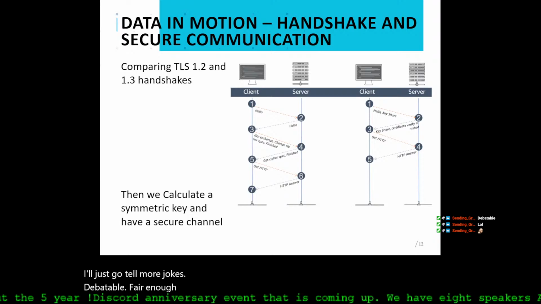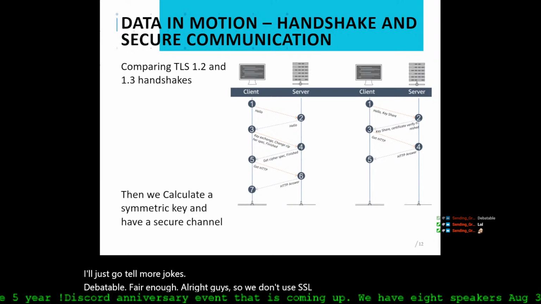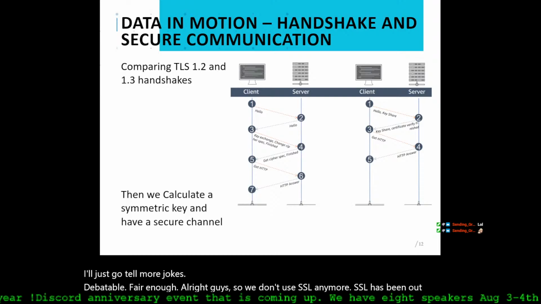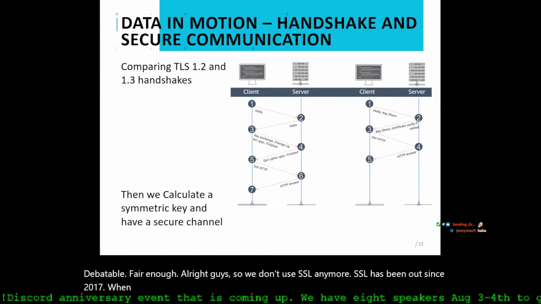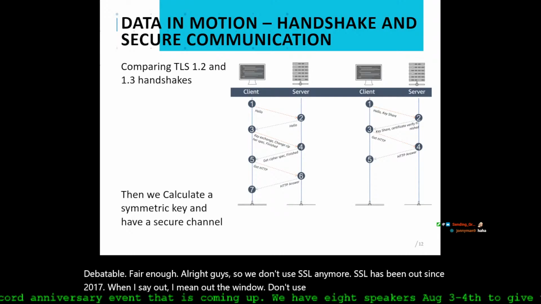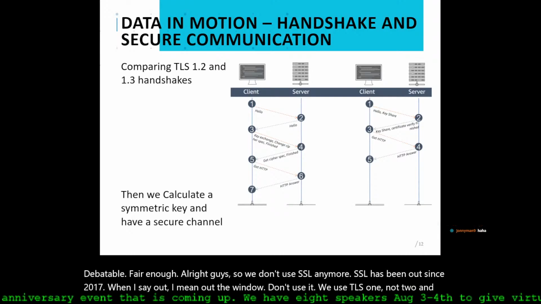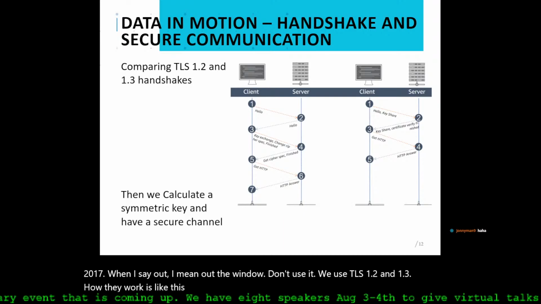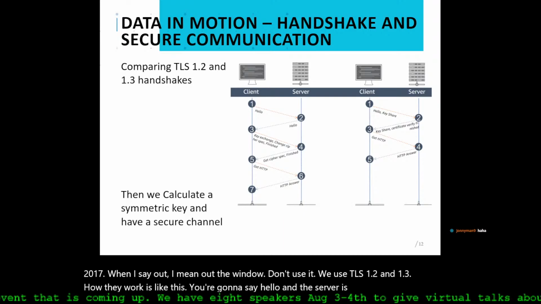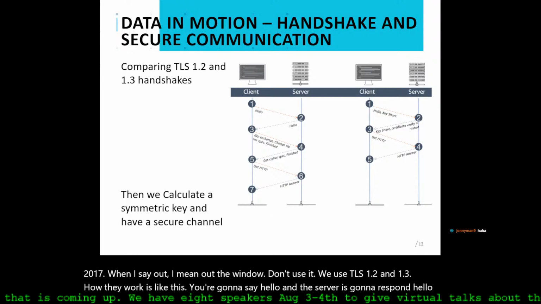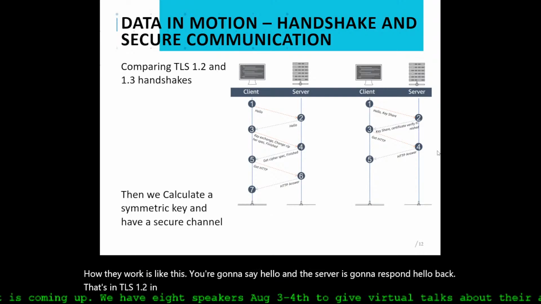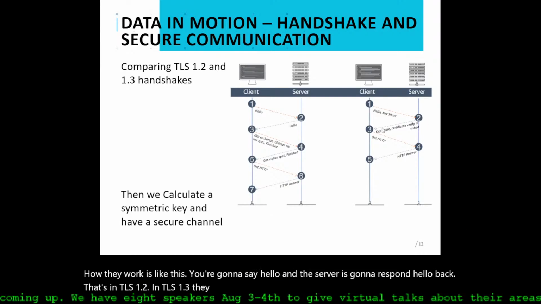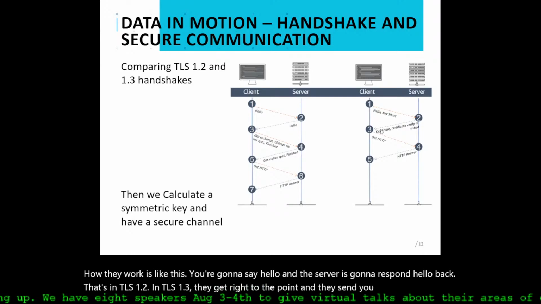Guys, so we don't use SSL anymore. SSL's been out since 2017. When I say out, I mean out the window. Don't use it. We use TLS 1.2 and 1.3. How they work is like this. You're going to say hello, and the server's going to respond hello back. That's in TLS 1.2. In TLS 1.3, they get right to the point, and they send you a certificate to